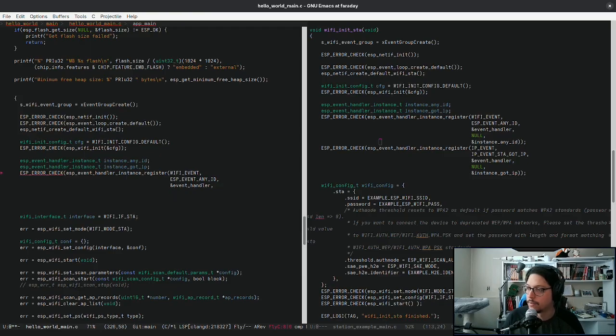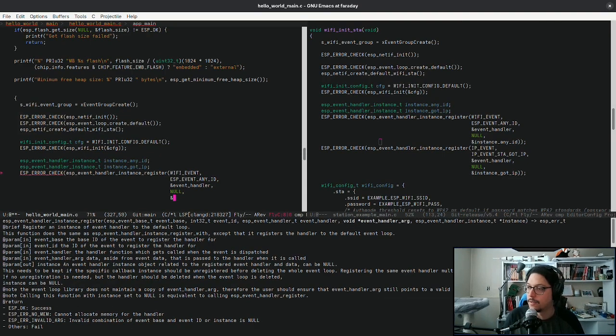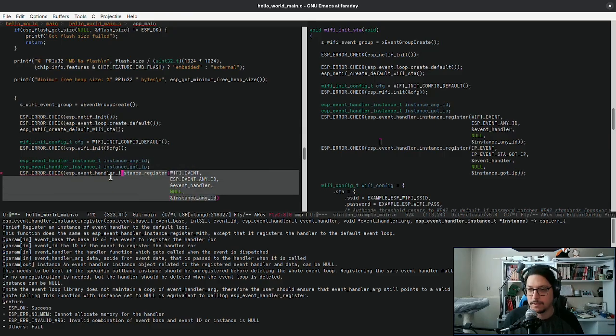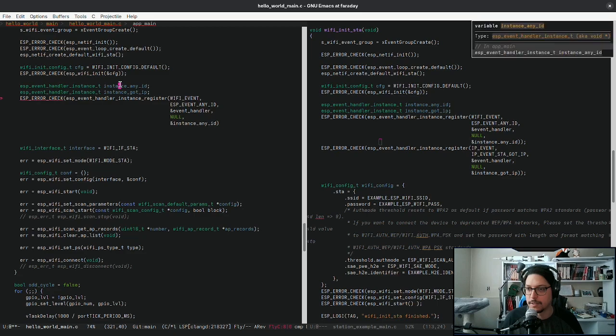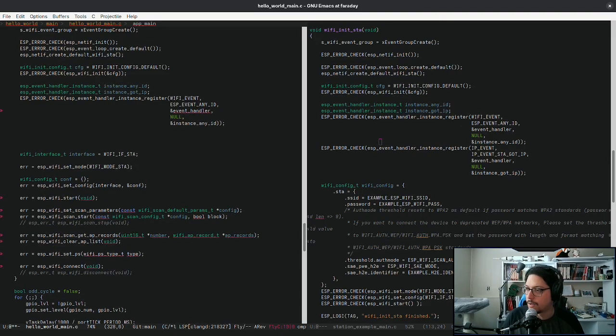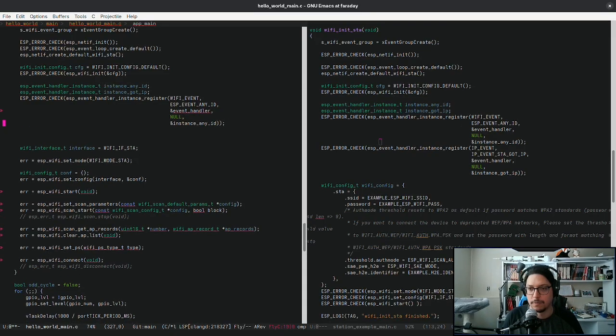Call the event handler. And get the value of this. Whoa. The handler itself is going to get stored in that thing. Okay. And then we're going to do something very similar for